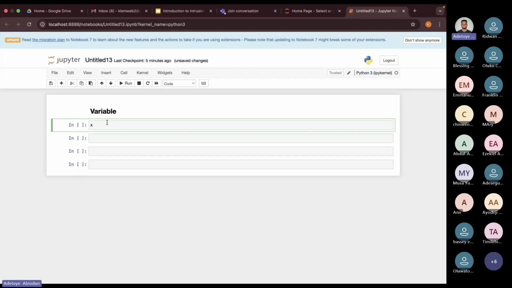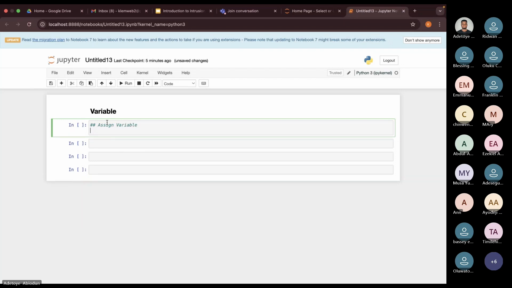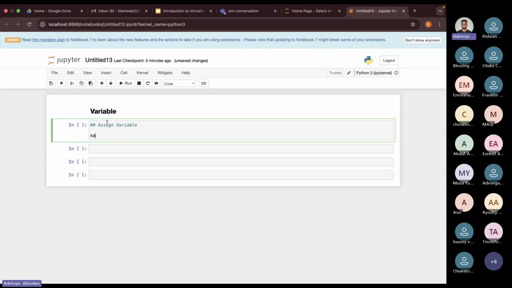So I want to assign a variable. Let's say name is equal to Internet of Medical Things,